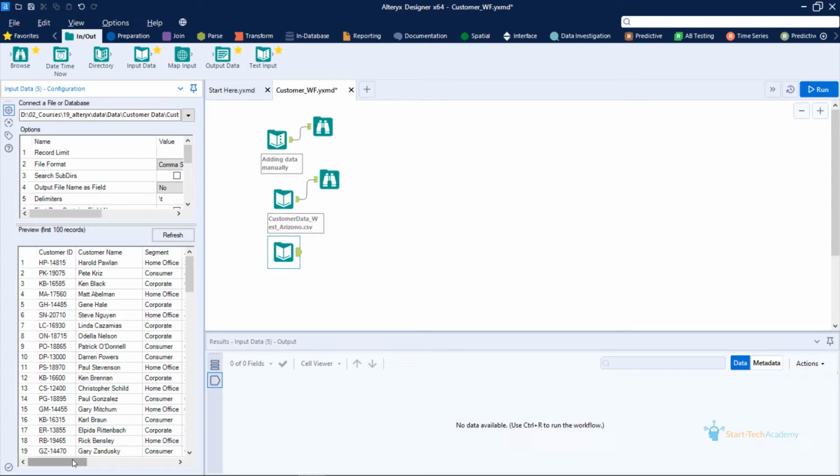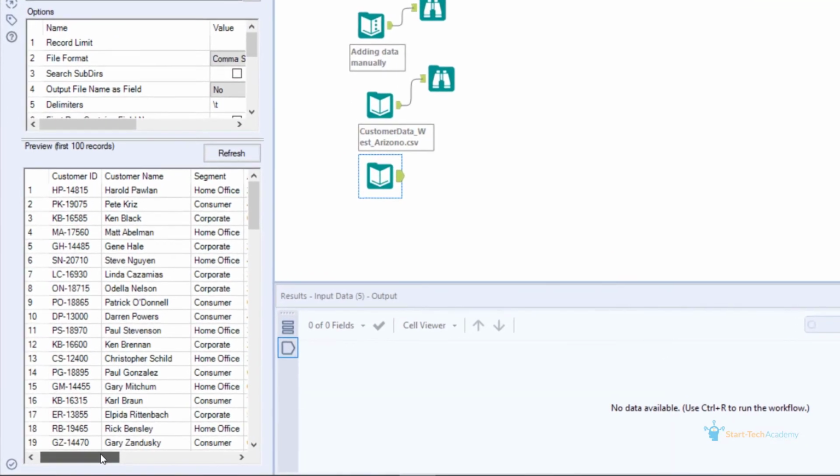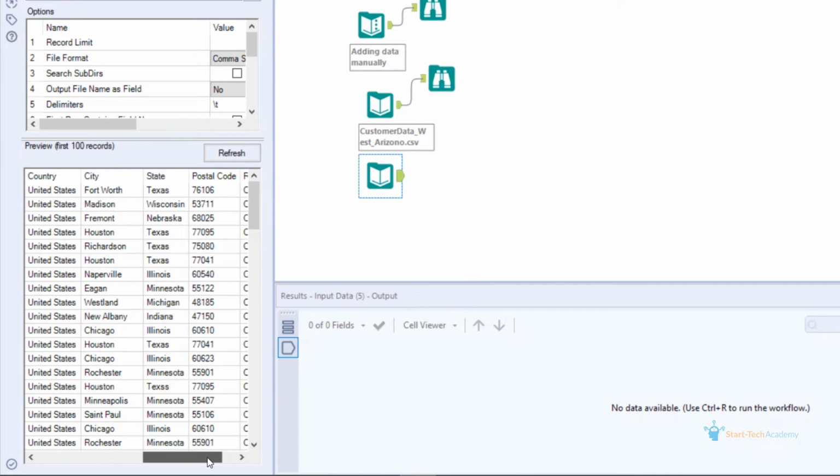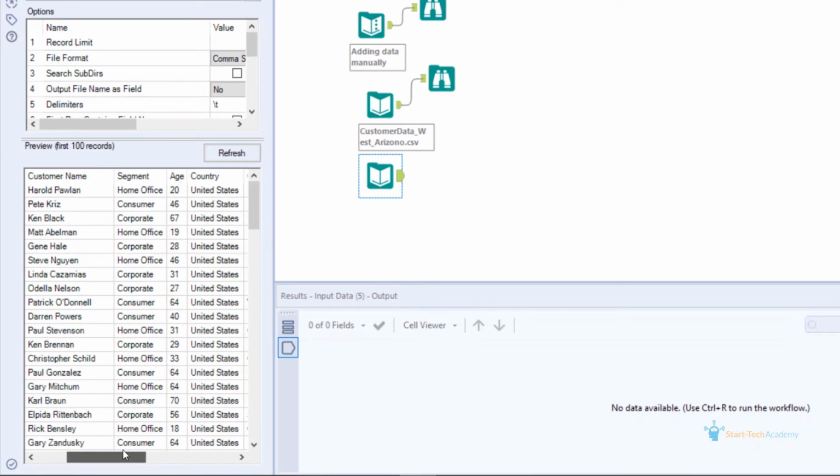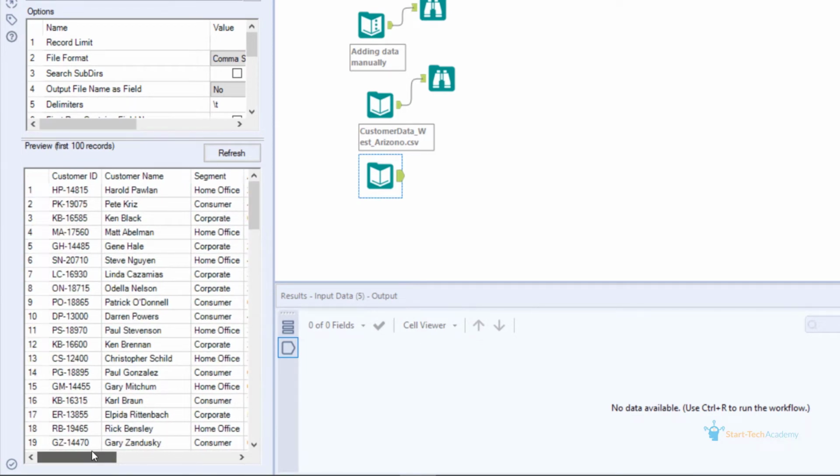Now on the left side, you can see the preview data. All the rows and all the columns have been successfully fetched by our tool. Again, you can use the options on the top left side to configure how the data is going to get imported. One of the options that is often used is start data import from which line.